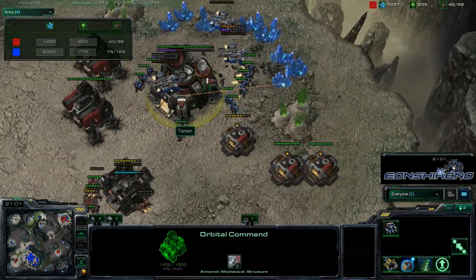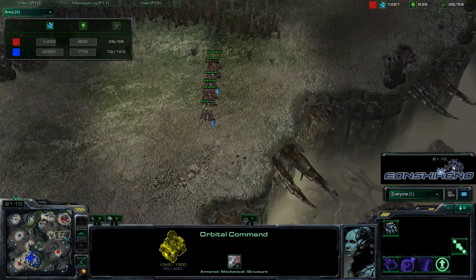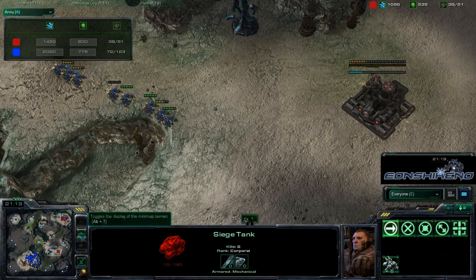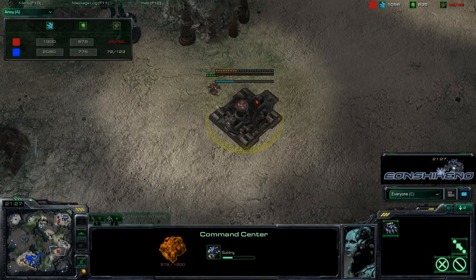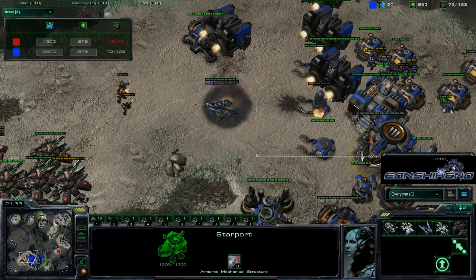So Fuzer in here going to work on taking out this orbital command. Tarson really needs to fly that thing away, at least get it off the ground and start flying somewhere. So he's building an expo down here. So this is going to just come down to a straight up base race. Tarson does have tanks, but stimmed Marines with medevacs with lots and lots of damage. And this is probably just going to come down to an old-fashioned base race. Fuzer at this point does have the bigger base, so...